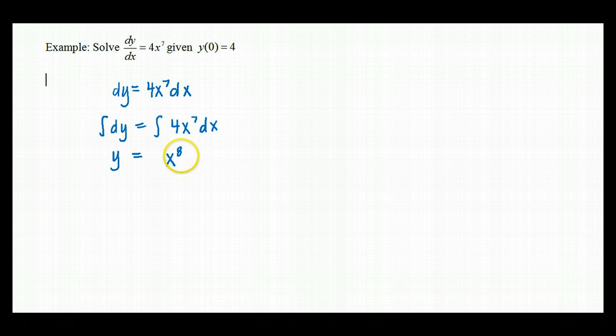And then I'm going to divide by 8, so I have this 4 on the outside. So 4 divided by 8 is going to give me a constant of 1/2 in the front, plus my generic constant c. So since I have an initial condition, I'm going to move that problem off to the side to solve for the constant. So when I plug in an x value of 0, I'm going to get out a y value of 4. So looking at this equation, 4 is going to have to equal 1/2 times 0 to the 8th plus c. So c must equal